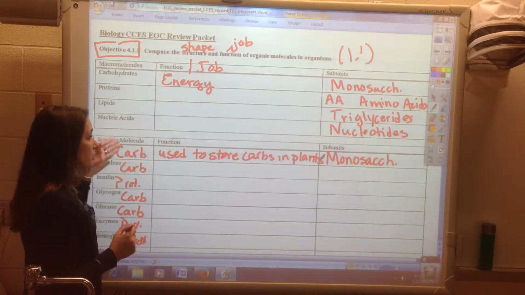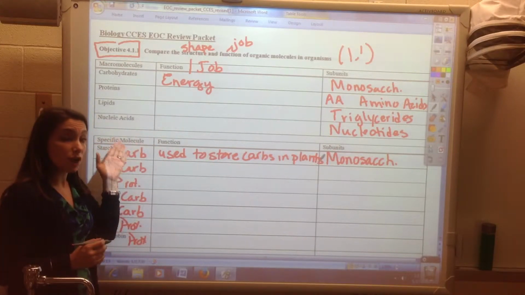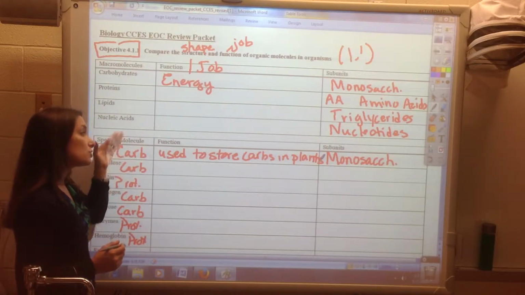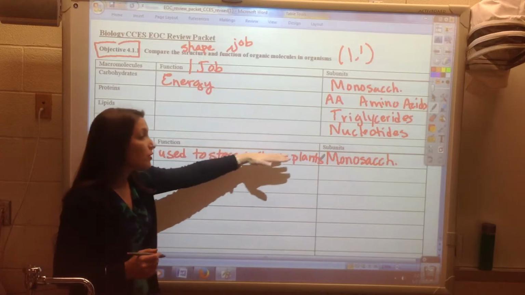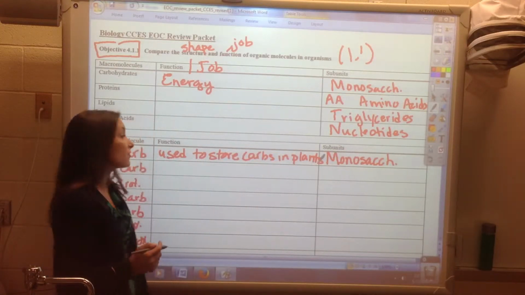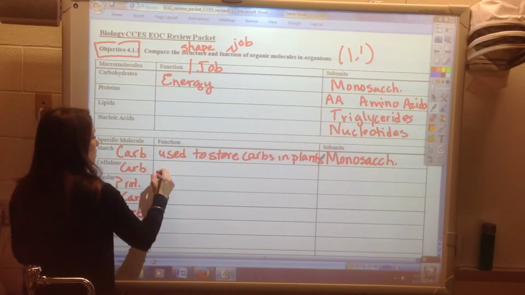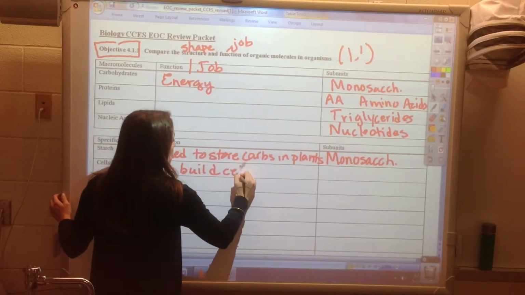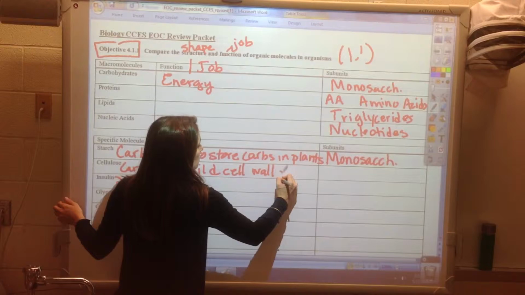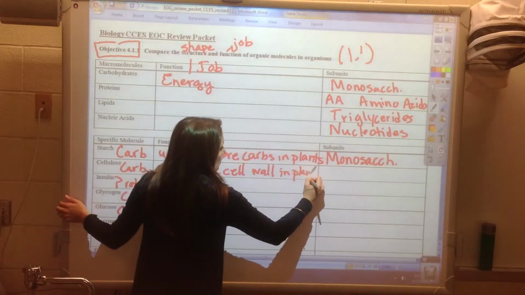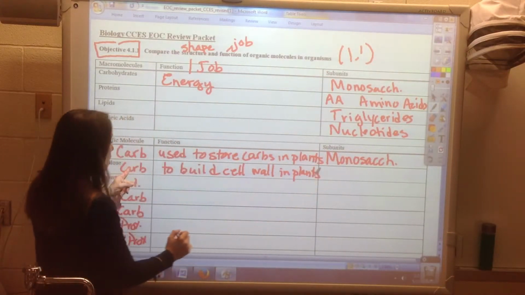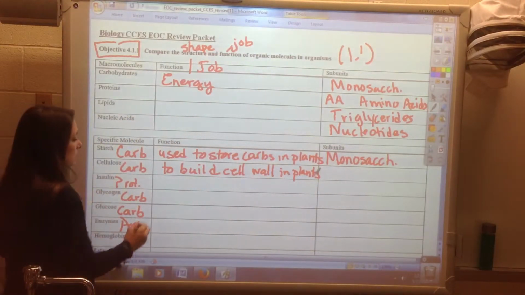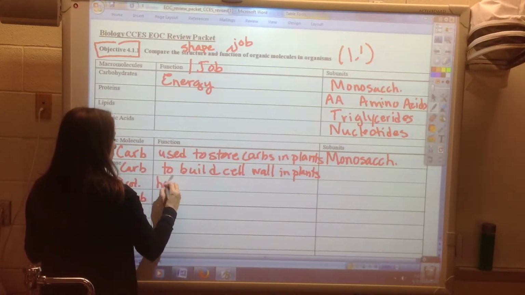So starch is an example of a carbohydrate, and it's used to store the carbs in plants. It's like storing their food for later. Cellulose is used to build the cell wall of plants. And since it's a carb, we know what its subunit is. Insulin is a hormone